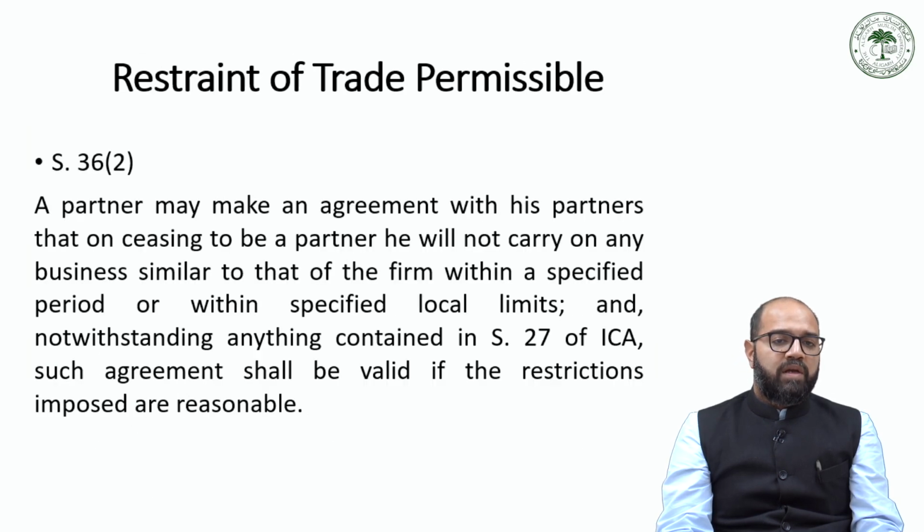Then the continuing partners are allowed to impose restraint of trade under Section 36 Clause 2. So a partner may make an agreement with his partners that on ceasing to be a partner, he will not carry on any business similar to that of the firm